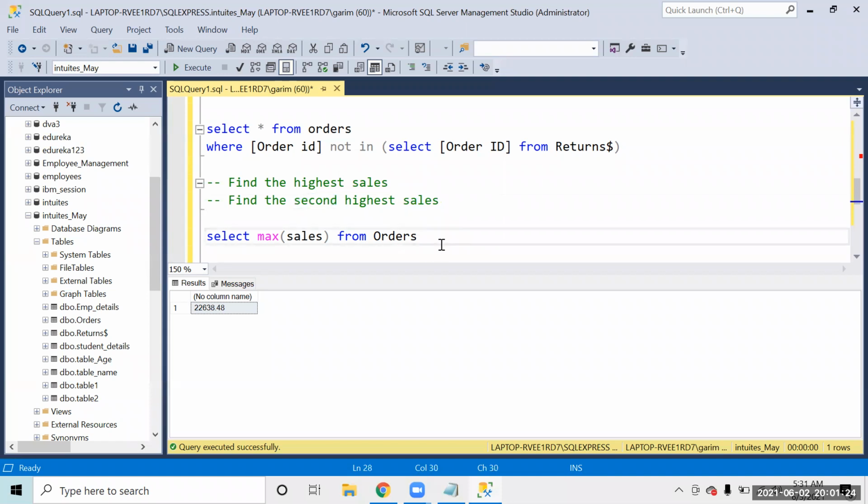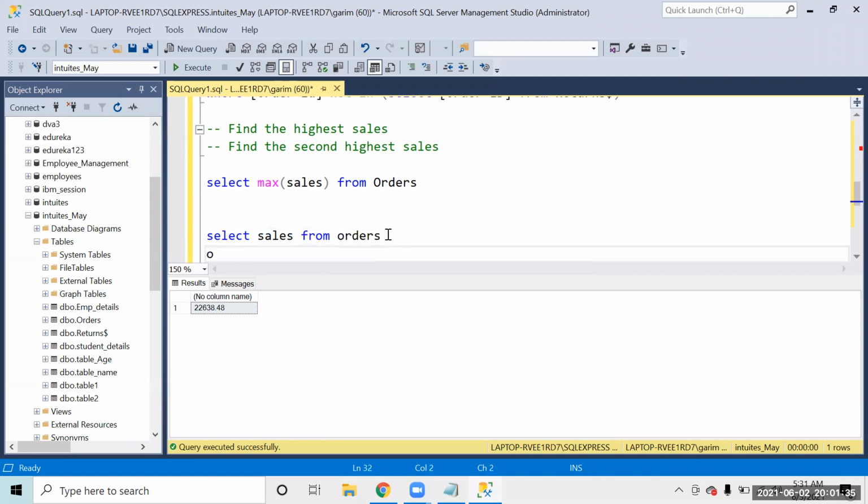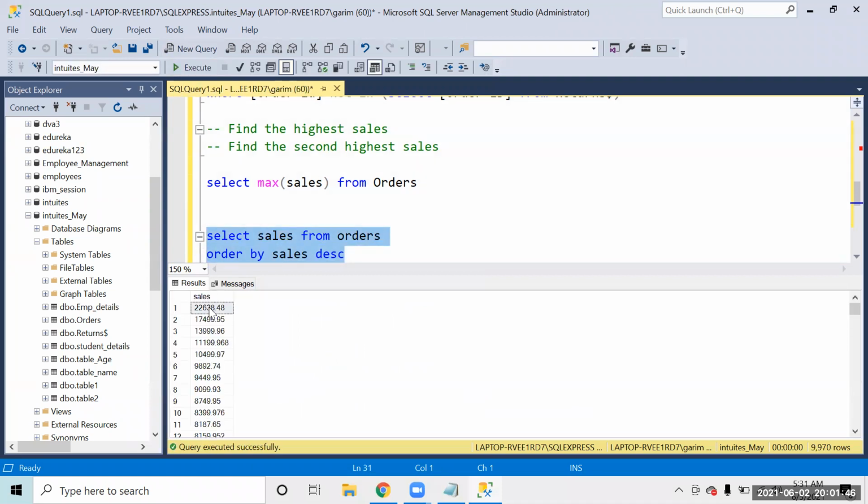So like if I just show this, I have select... right, this was the highest sale, this is the second highest sale. Now I want to pull this number using another query. Sorry? We need to use the subquery. We need to pass another query for the previous one. How?